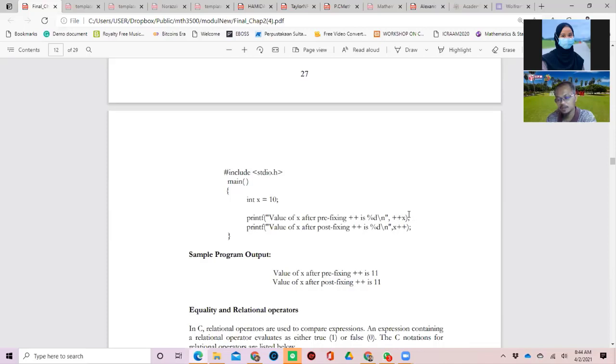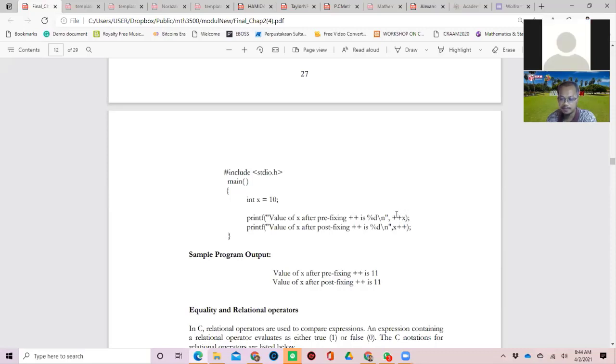Every time you see plus plus, you must consider two values: the value for x and the value for plus x. Here we want to print the value of plus x, not the value of x. That is more confusing, right? So the whole value for plus x, we need to consider